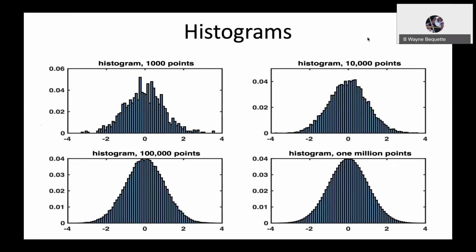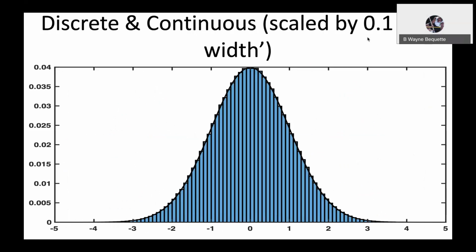But really, by the time you're getting up to 10,000 and 100,000 points generated, certainly by the time you use 1,000,000 points, you get something very close to what looks like a normal distribution. And what I've done here is for the 1,000,000 points, I'm comparing the discrete probability distribution with the continuous, which I had to multiply by 0.1 to be consistent with the fact that we're using a bin width of 0.1